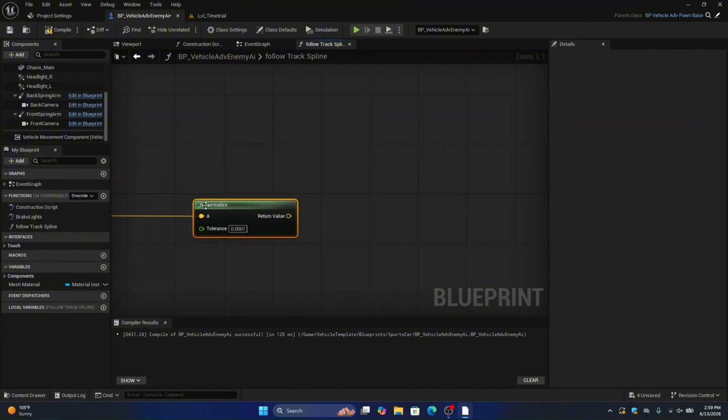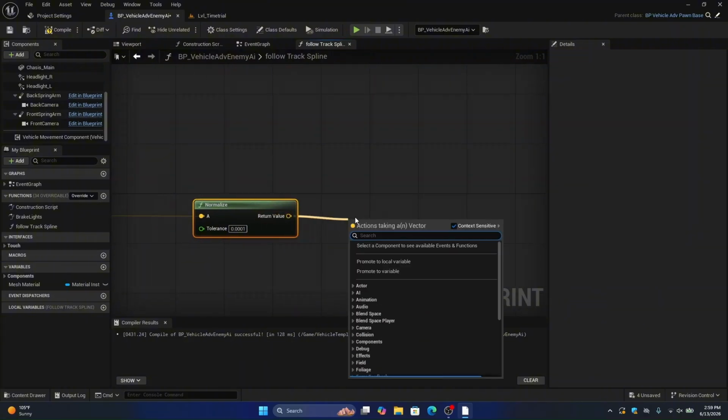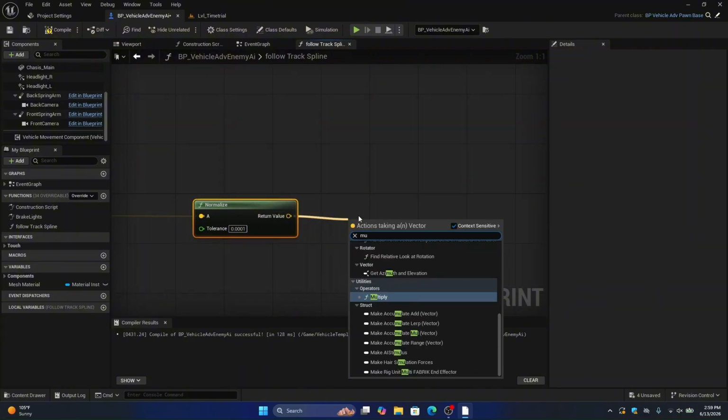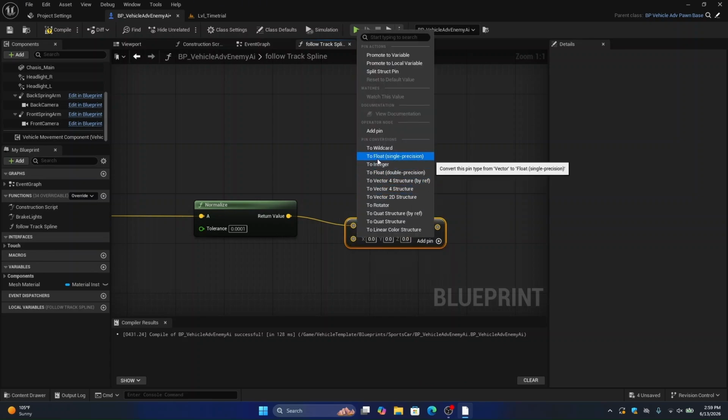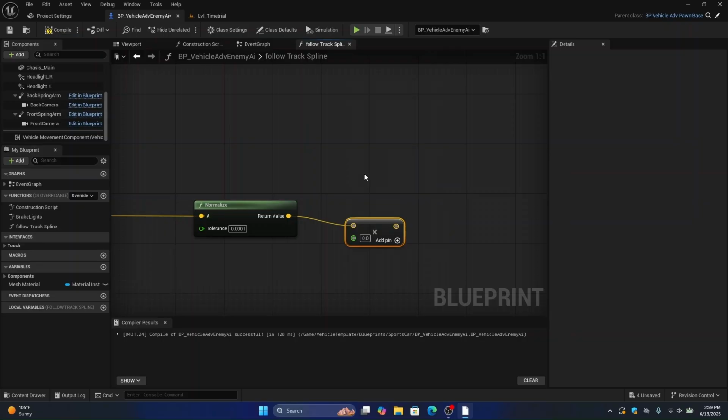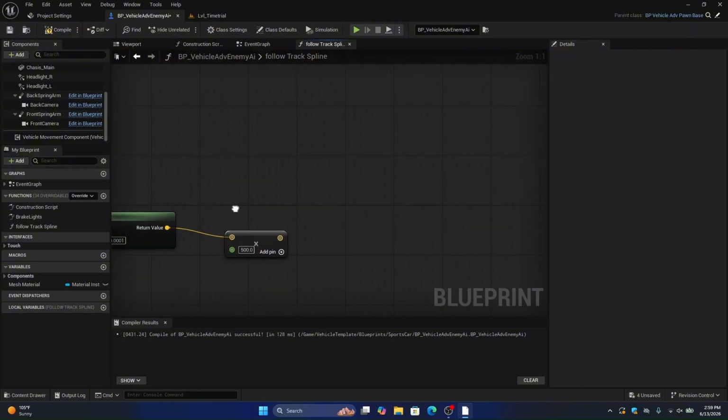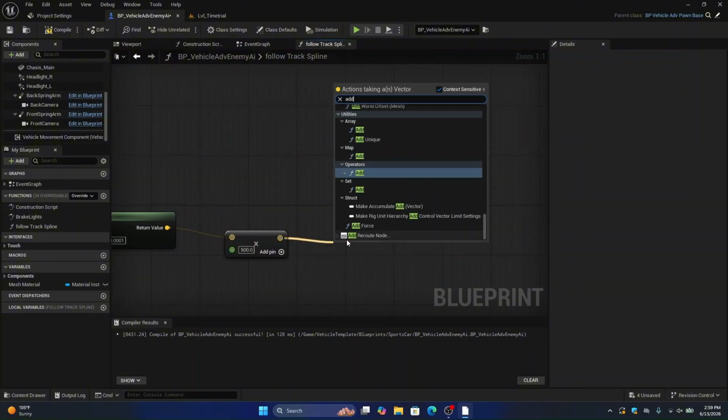And after that we'll connect this return value to Multiply. And right click here on the value and convert this to float, and set the value to something like 500,